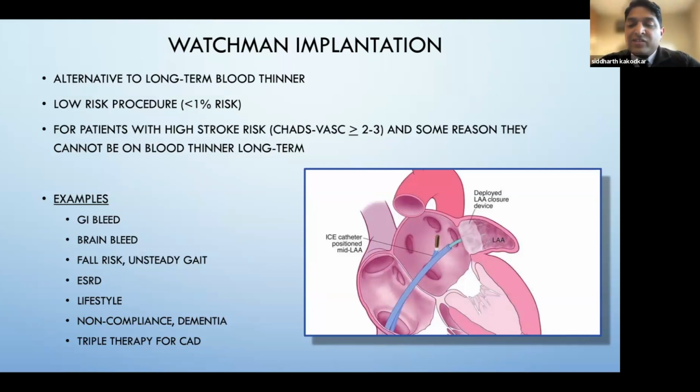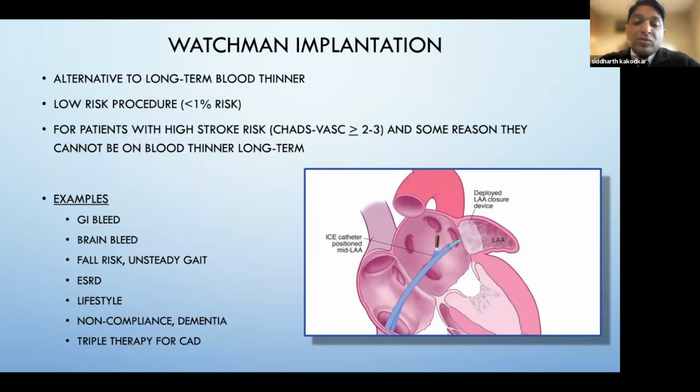Lifestyle kind of means if people have a very active lifestyle and can't do what they usually do because of the blood thinner, such as playing sports or mountain climbing or something like that, then they can also be considered for Watchman. Patients who are non-compliant or who might have some dementia and forget to take their Coumadin often,